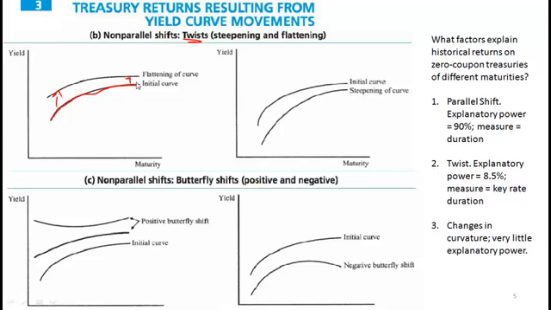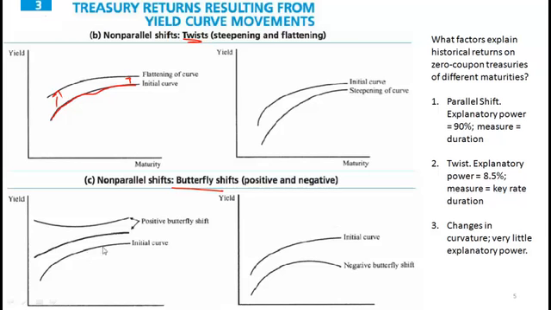So this is a twist. Is this also a twist? So both these are twists where essentially the slope of the yield curve has changed. Okay, next is the other kind of non-parallel shift, called a butterfly shift, where essentially what happens is,